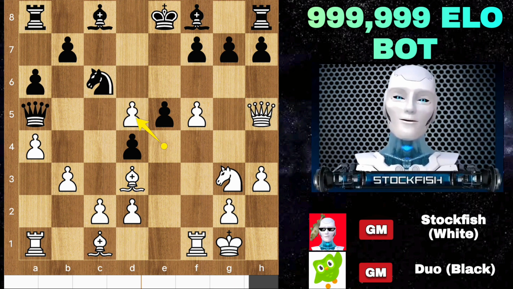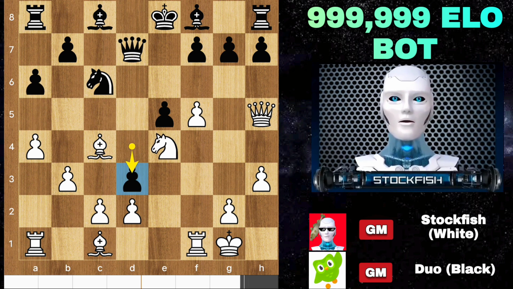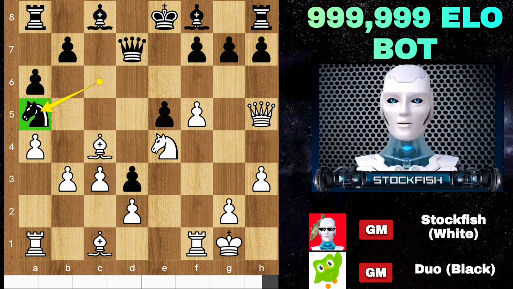Duo played d5, takes bishop c4, queen backs, knight e4, d3. You can't capture the free pawn because it's a trap. Queen d4 will target both of your pieces, rook and king. So after c3, knight a5, I played a daring move, bishop to e6, targeting the queen, and you can't